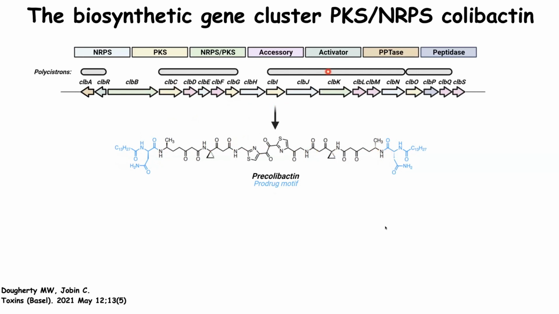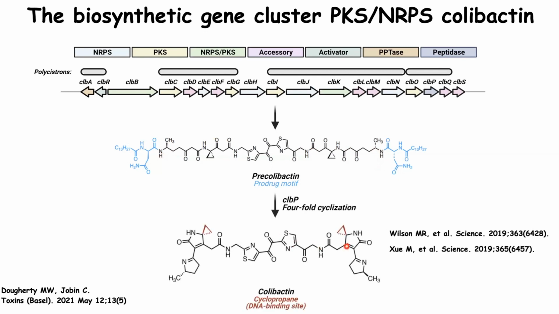The island has its own activating enzyme called CLBP, which will cleave this long lipid tail here and here, and that will give rise to the active colibactin with the cyclopropane motif I told you about. This is armed and fully functional. We don't know the function for the bacteria, but we know that if this comes in contact with DNA, it will break and damage DNA.